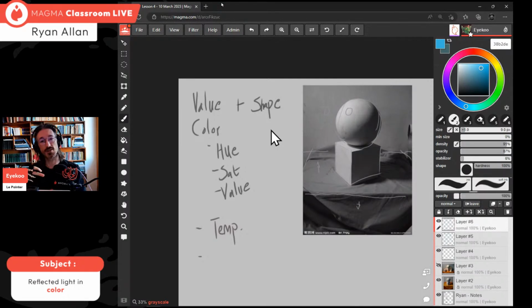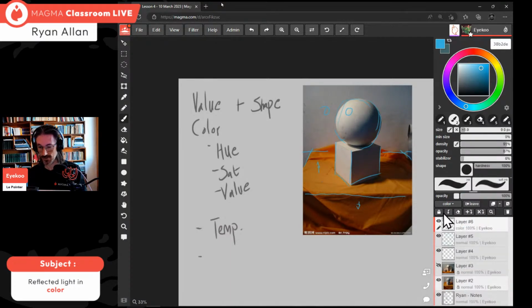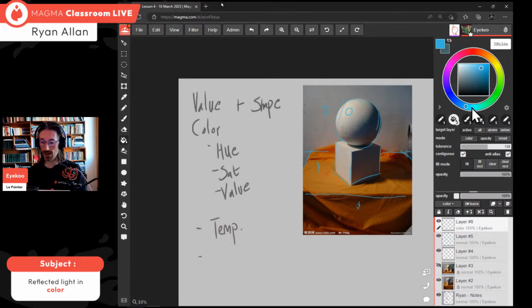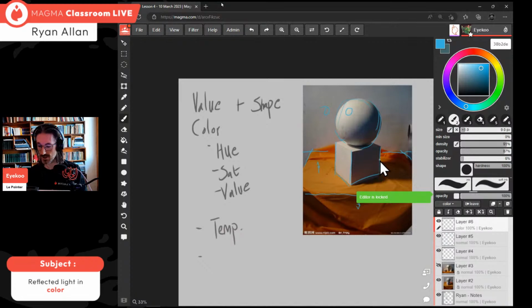The only thing is that this changes the entire canvas to grayscale, which I still want my pen to be in color. So what I'm going to do is instead create a color layer, a new layer set to color. I know I've gone over this before, but just for others who might be new here, and I'm going to fill this